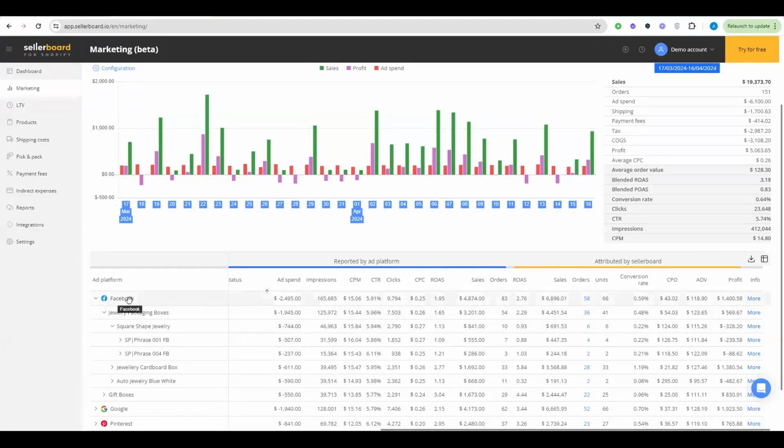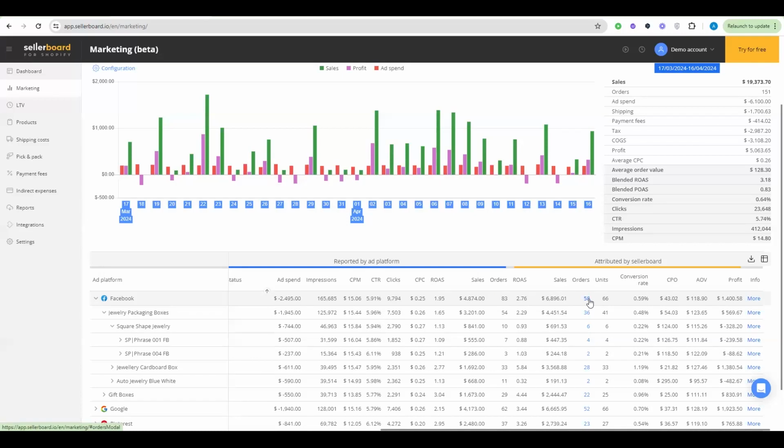Let me show you how it works. So for instance, if we analyze Facebook and we want to analyze the attribution model there, we'll normally see the list of orders. By the way, I have totally skipped the metrics that we have, but if you're familiar with advertising, you will recognize all of them. Basically, we'll have the ad spend, impressions, your CPM, CTR, return on advertising spend, and of course the sales attributed to these advertising efforts. Normally all of the metrics that you would expect to analyze your advertising performance, right?